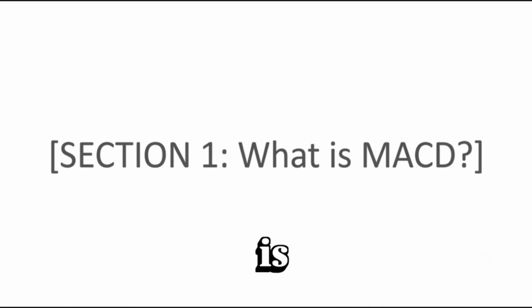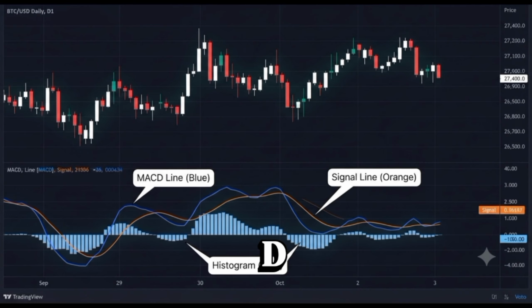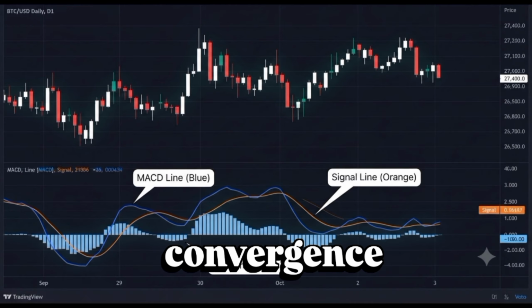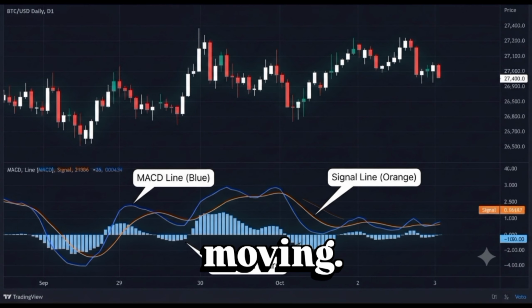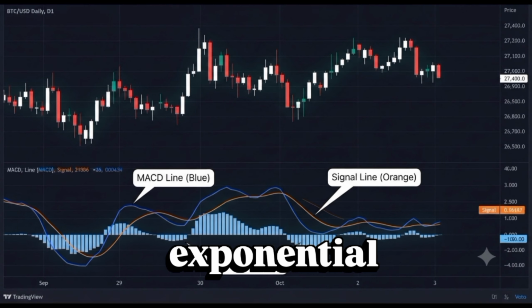Section 1. What is MACD? MACD stands for Moving Average Convergence Divergence. It's a trend-following momentum indicator, and it has 3 parts. First, the MACD line, that's the fast line, calculated by subtracting the 26-period exponential moving average from the 12-period exponential